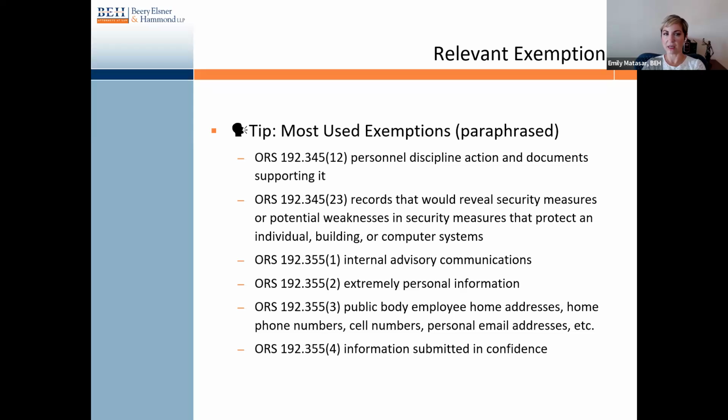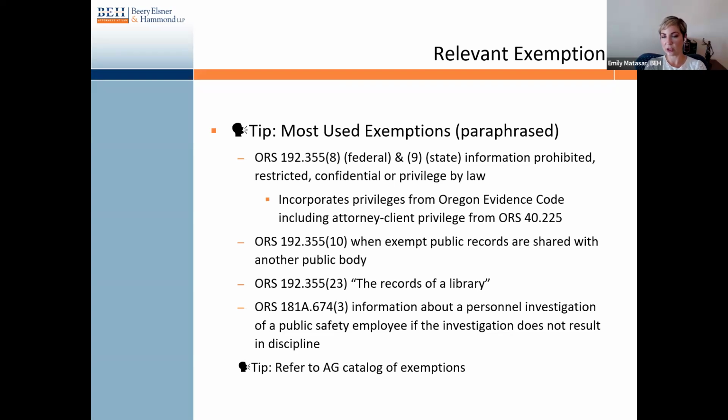Personnel discipline actions and documents supporting them; records that would reveal security measures or potential weaknesses in security measures; internal advisory communications; extremely personal information; public body employee home addresses, home phone numbers, and other contact information; information submitted in confidence. These are the catch-alls. When exempt public records are shared with another public body, it does not undo the exemption. The records of a library are exempt. And then lastly, information about a personnel investigation of a public safety employee if the investigation does not result in discipline. And I just want to note that what that means for public safety employees is that